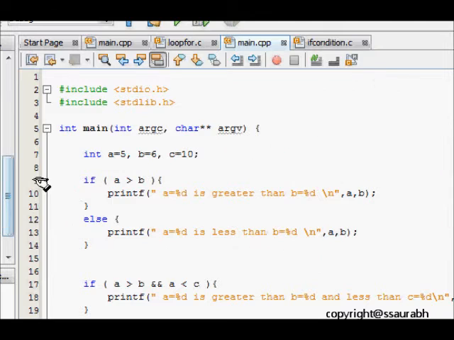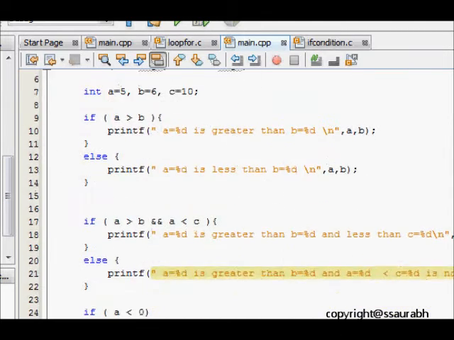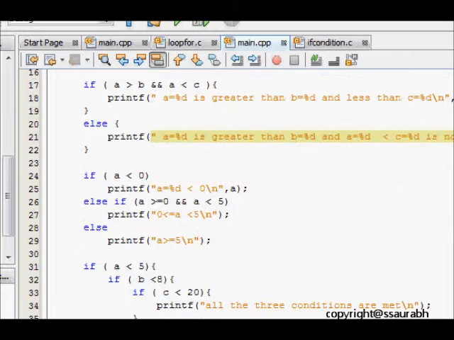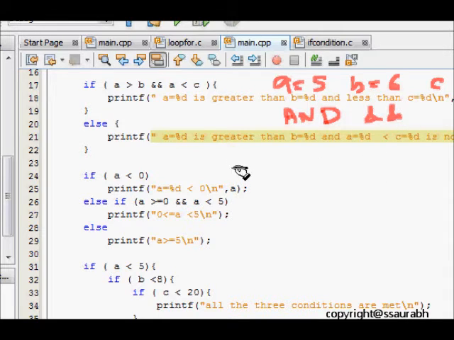Now let's move forward and look at another example, which is a little complex variation. Here we have an example where again the expression is a little more difficult. We have a is equal to 5, b is equal to 6, and c is equal to 10. Now we are checking an and, which is represented in C by ampersand ampersand. So we check if 5 is greater than 6,